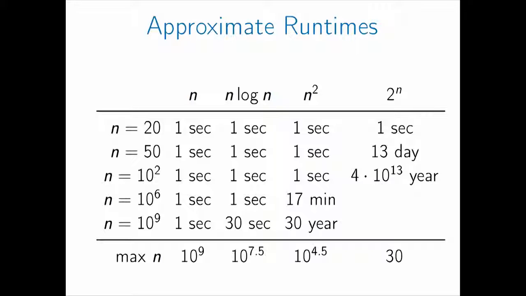If the runtime is 2 to the n, it's incredibly bad. You can only handle inputs of size about 30 in a second. Inputs of size 50 already take 2 weeks. Inputs of size 100 you'll never ever finish. And so the difference between n and n squared and 2 to the n is actually